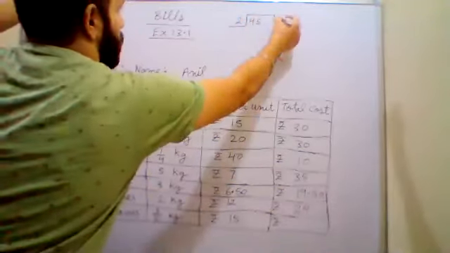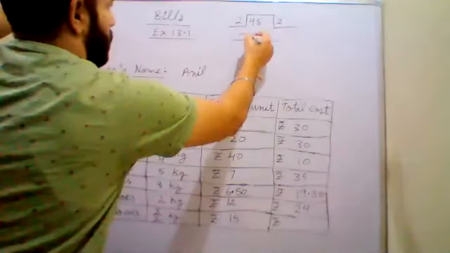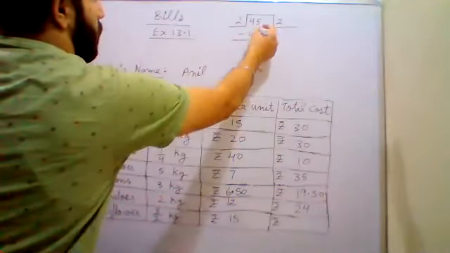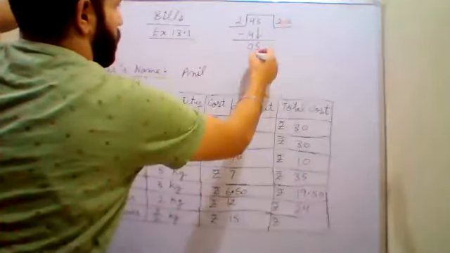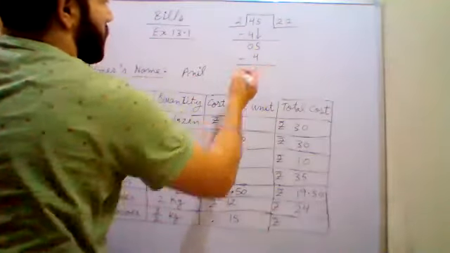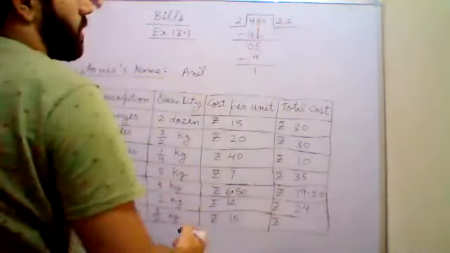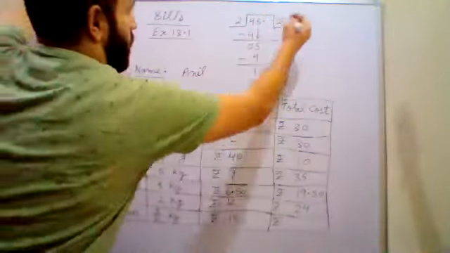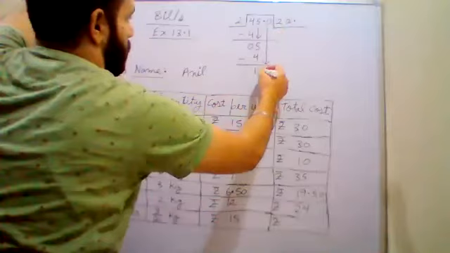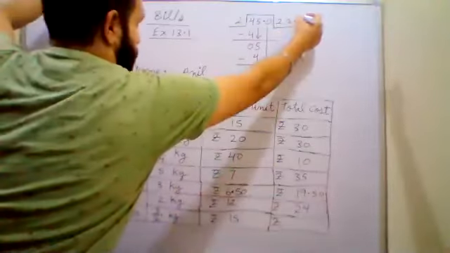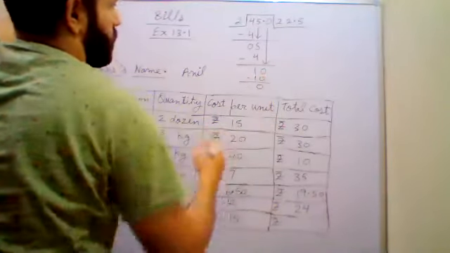45. So 2 2s are 4. Remainder 0. Then you copy 5. 2 2s are 4. When you subtract, you get 1 as the remainder. So what to do in this case? You put a decimal. 22 point. Put a decimal here and also in the quotient, and then write a 0. You copy down the 0 now. 5, 22.5 rupees. 5 times it will go and remainder will be 0. So this is how you can do it.